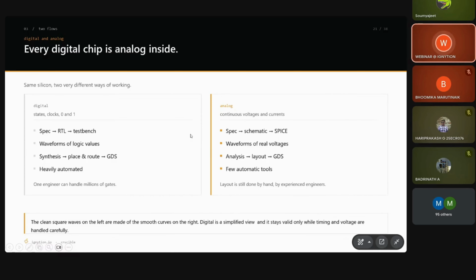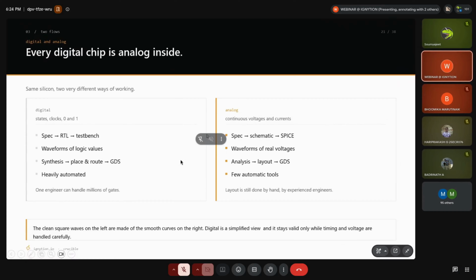So this is why engineers can handle millions of gates these days. And when it comes to analog design, it uses real voltages, gain, bias, frequency, and the values are also continuous, not zero and one like the digital design. So the flow looks similar: specification, schematic, SPICE simulation, layout, and then GDS. But there are few automatic tools, and the layout is done mostly by hand, and so only by the most experienced engineers, as it is manual. So now here is a point that surprises many people. Every digital chip is analog inside, and